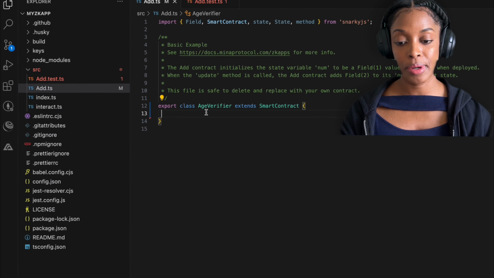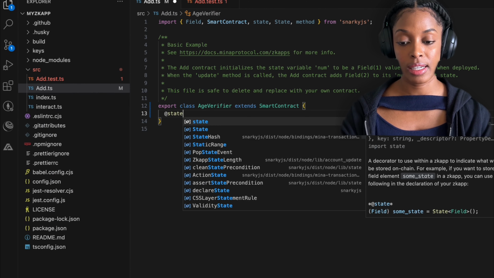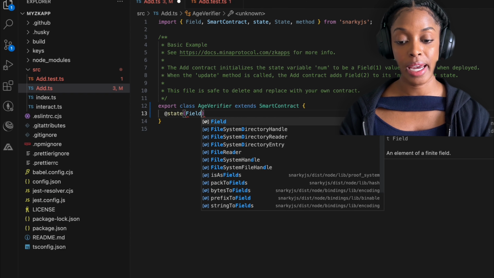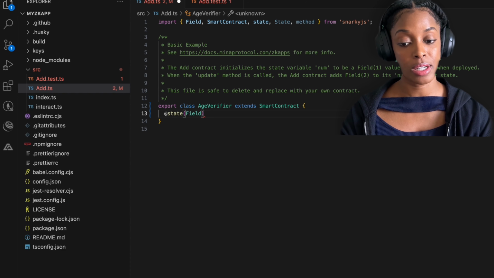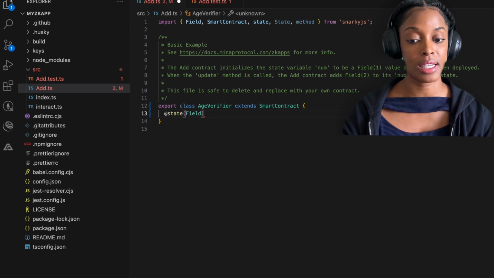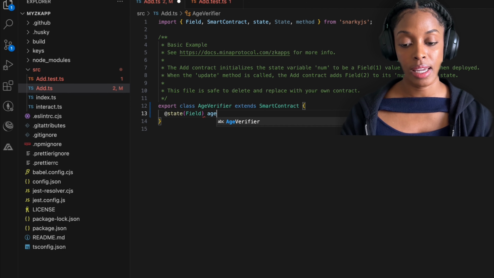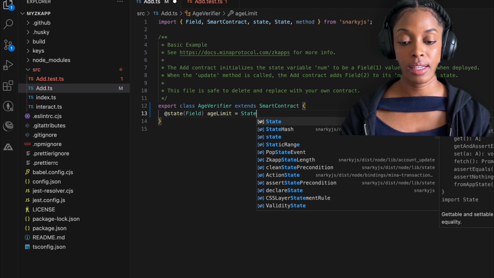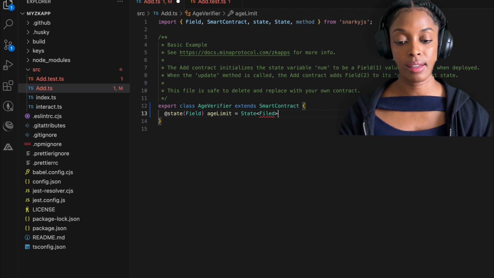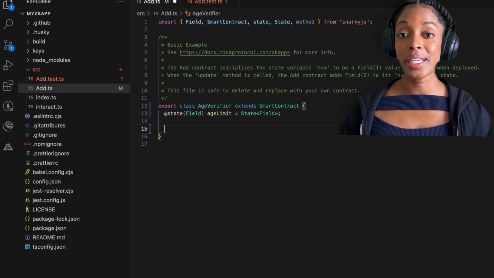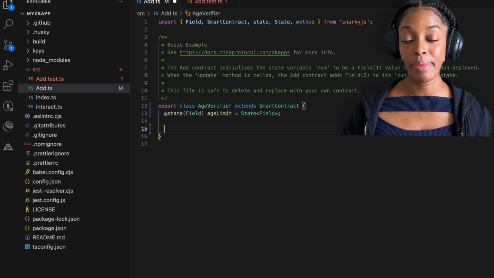So in our case, we're going to use the decorator @state. It's going to be a type Field, which is the most basic field type on snarkyjs, which is the library that we're using to be able to write this code in TypeScript. And we're going to call the state ageLimit, and it's equal to State of type Field. All right, awesome. So next we're going to have a function,